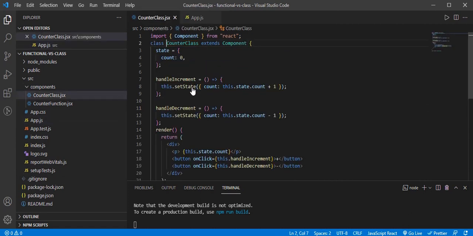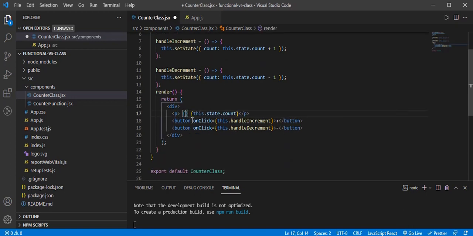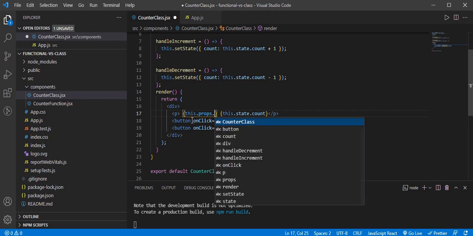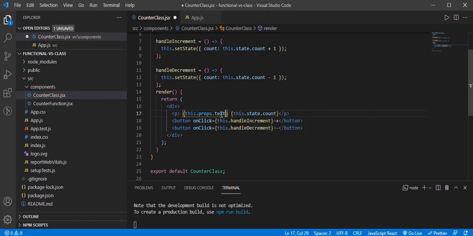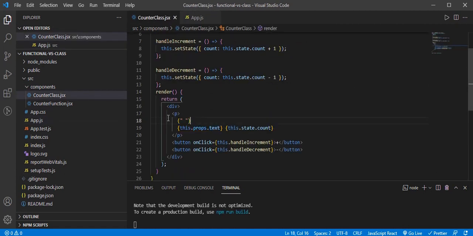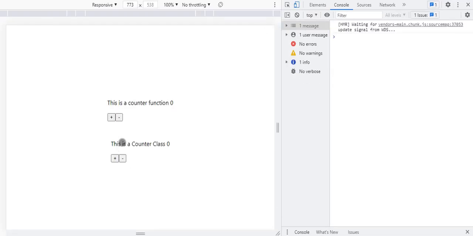How can I use this property? I can use this property, or props, via this.props. So I write this.props.text. Text is the name of the prop here. Save the changes, back in the browser. As you can see, "this is a counter class" is shown here. Okay,